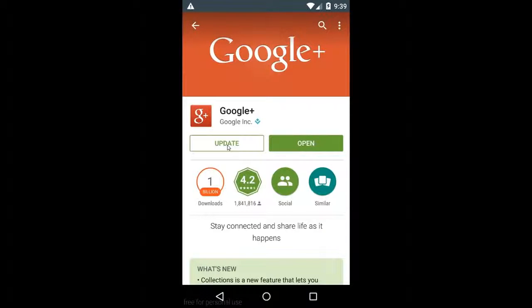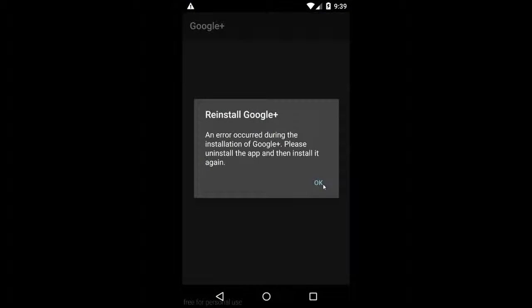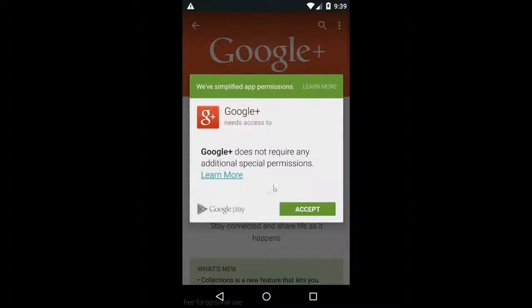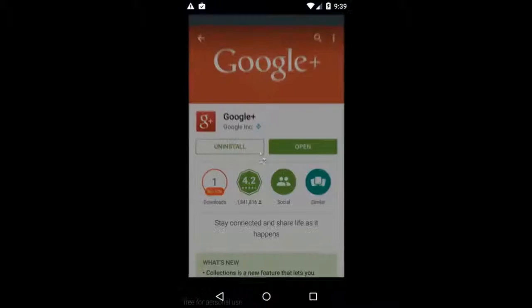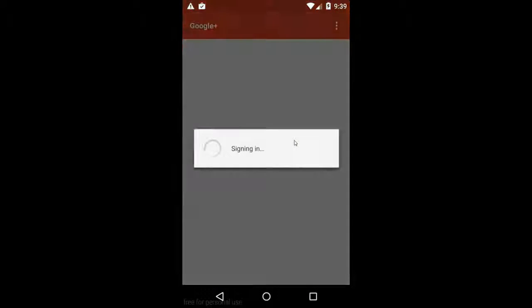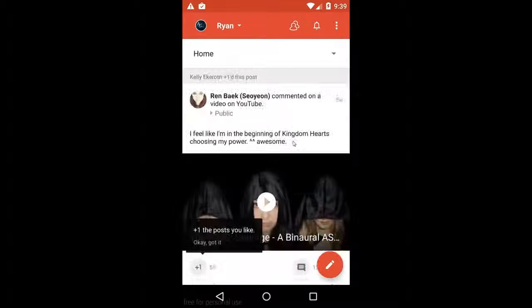Okay. Again, all those errors are no big deal. Then you'll be able to hit update here. Make sure you hit update because that's why you're getting all these errors. So again, just hit accept. And then it will reinstall the Google Plus services. So now we won't get that one annoying message that keeps on popping up. Yes, yes, okay. So now you can open, and then it should show